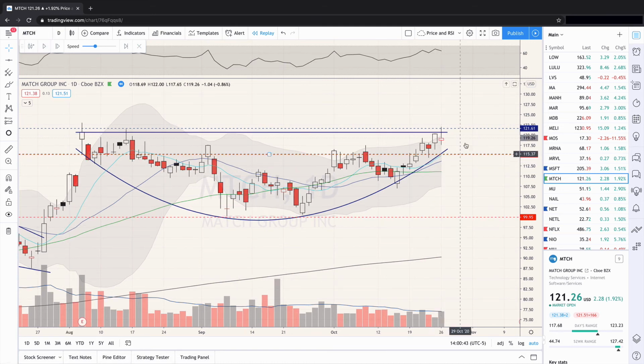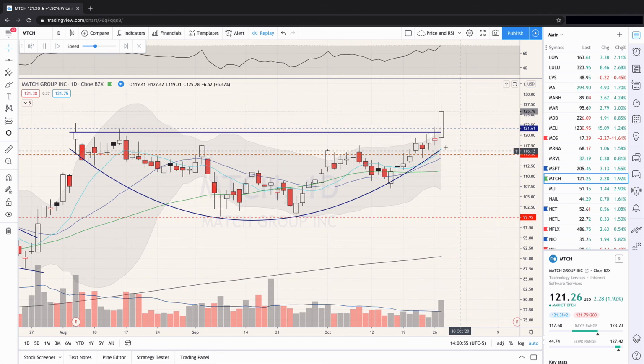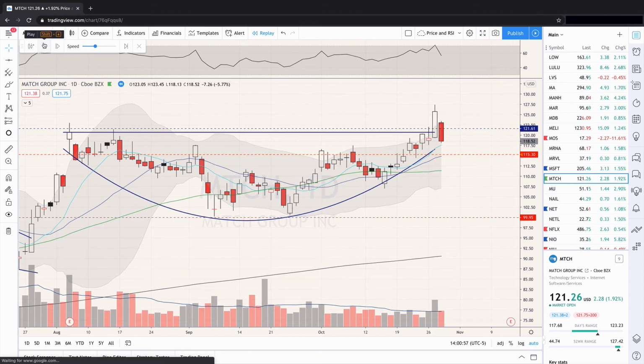So I had it in my head I was going to take the trade around here. I didn't set a buy stop, so I got in around here. This is an open trade, so this is exactly where I got in, is 121.61, because that's the way I mark these charts. So the day this broke out is when I got in. As this candle was moving up is when I got into the trade.